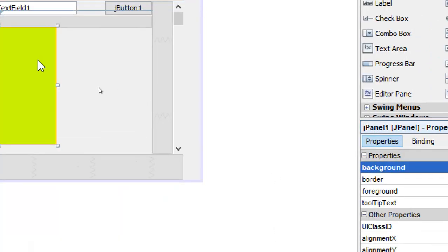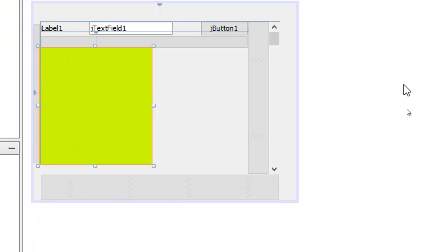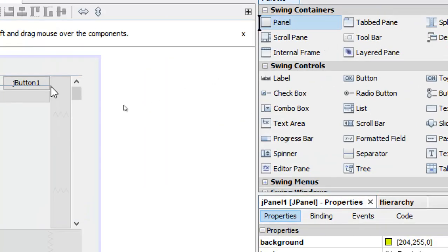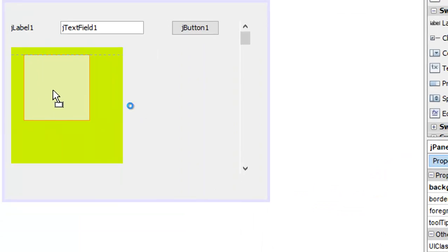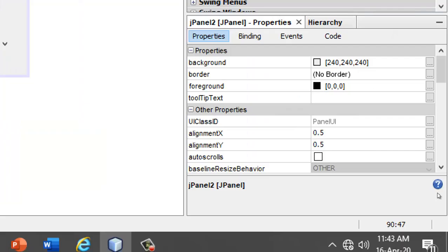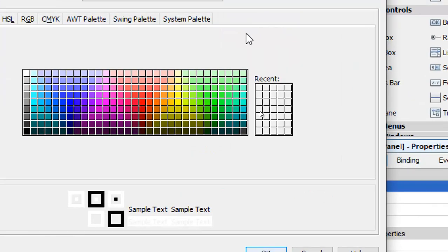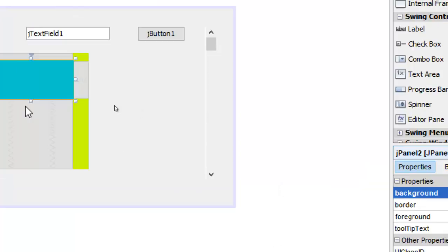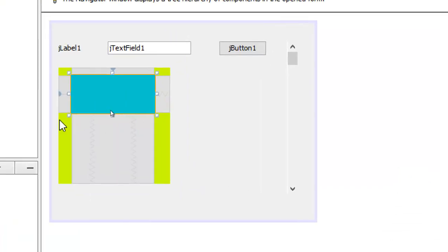I have placed one container inside the other container. Now I am going to drag one more panel and place that panel inside the other panel. So I have a J panel inside the other J panel, again just to give you a hint that I am doing something in which one container is inside the other container. I'm going to give a very fancy color to it so you get to know what it is all about.